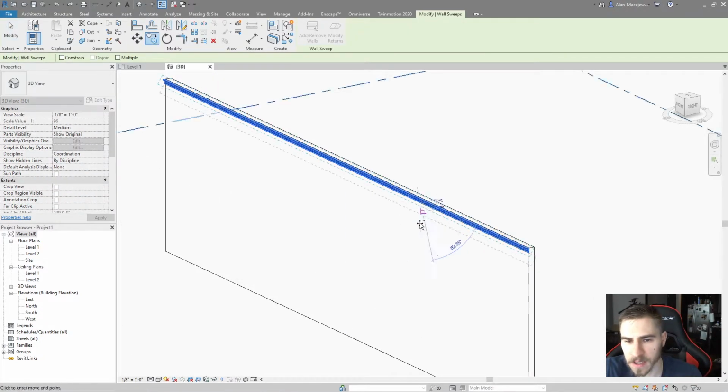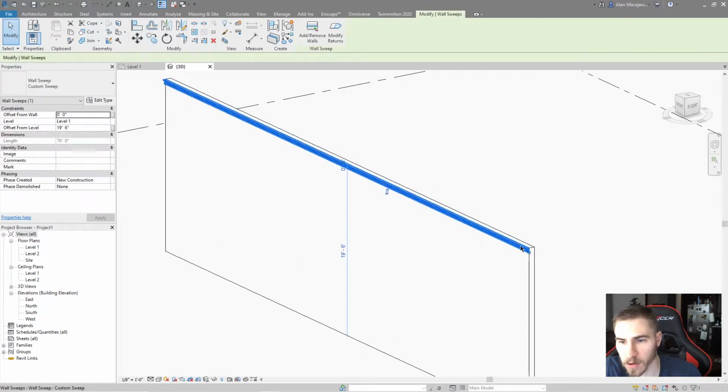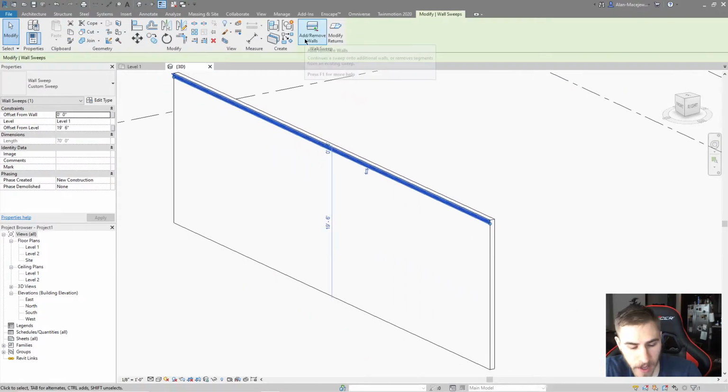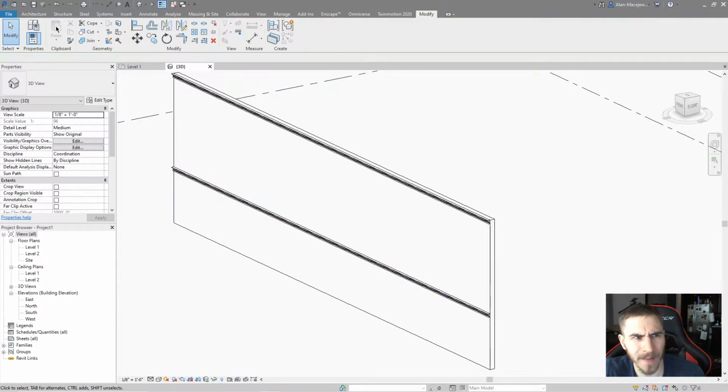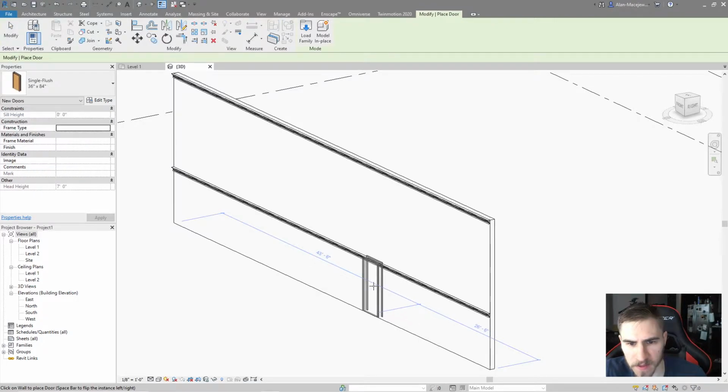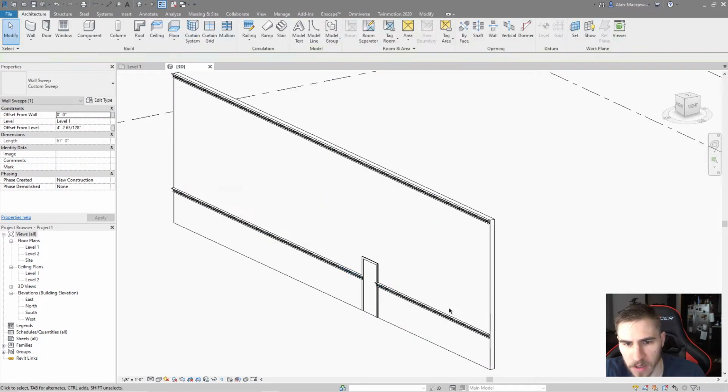So maybe I want to copy this down, and this could be a different type of profile. It doesn't necessarily matter. But let's say I have a profile down here, and I go ahead and place a door just right there. Probably want this to be a little lower. So we can see that,